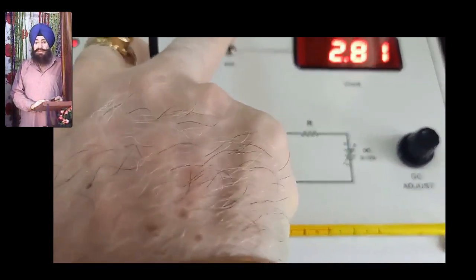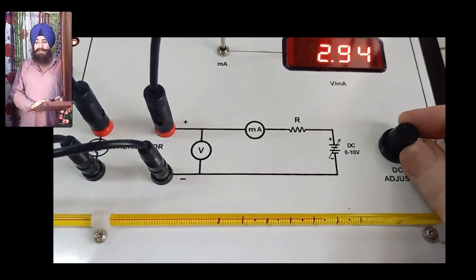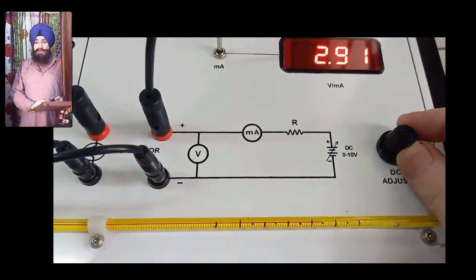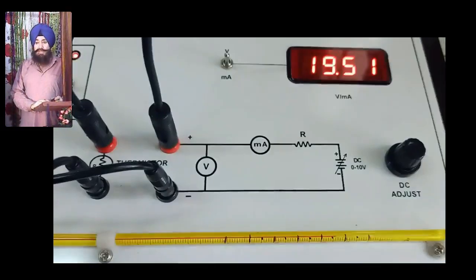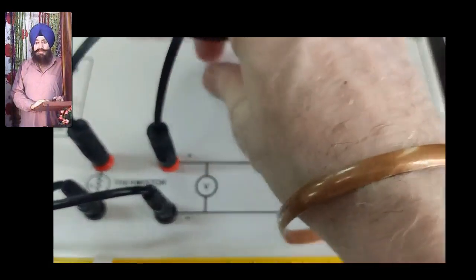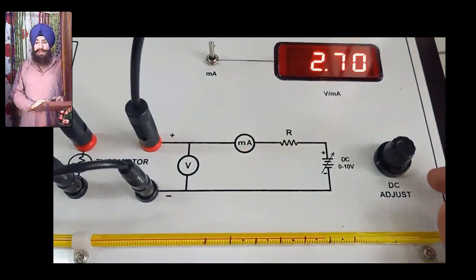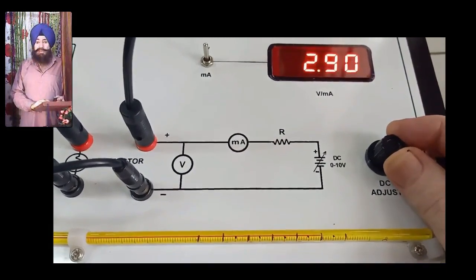Then you will have the correct data between temperature and current, because each time we are fixing the voltage at 3 volt. So this is all about how the error can be minimized in this experiment. Okay, thank